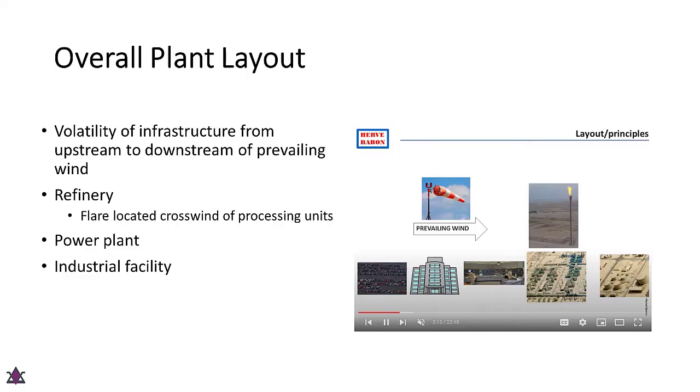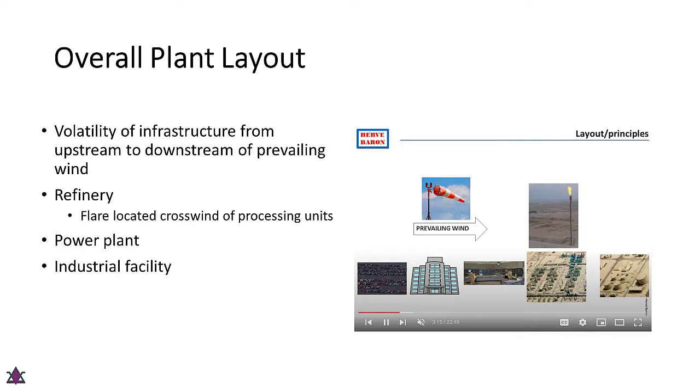Looking at this schematic on the screen, you can see that the cars are parked at the uppermost section of the wind direction. Then it proceeds to the administrative building. Then from there you go to the control units, where you have the control and computer and the rest, which controls all the other processing units of the facility. From there you are going towards the processing units, where you actually process the fluids. Then finally to where you have storage, because at the storage you have the highest quantity of these flammable, combustible